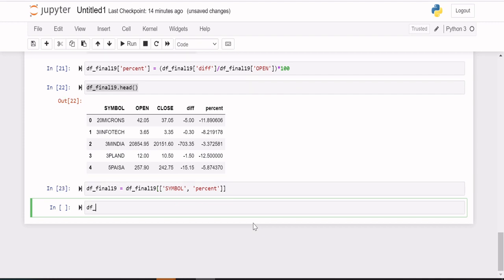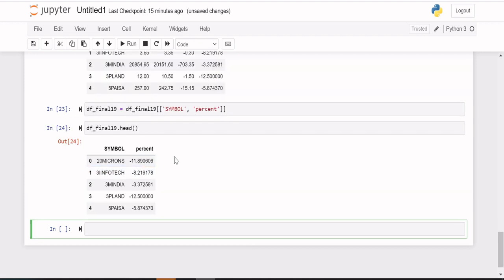So now df_final19.head(). Anyway, to get a better analysis, it is always better to sort those values.